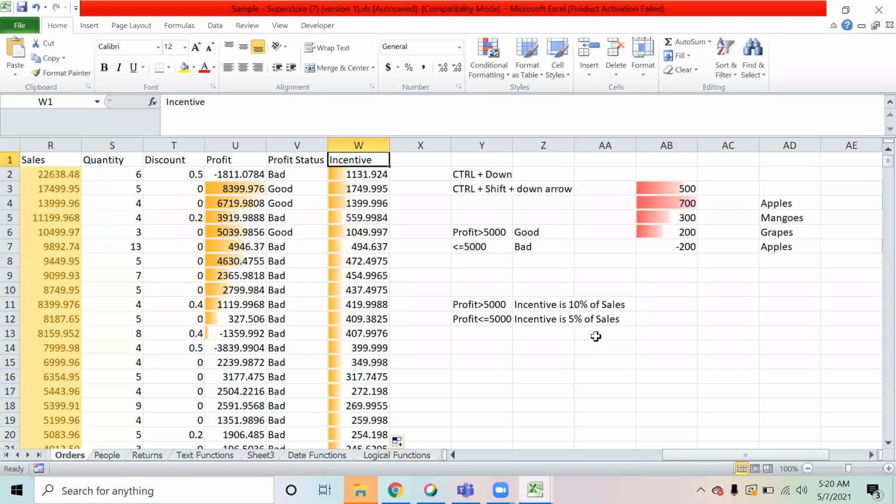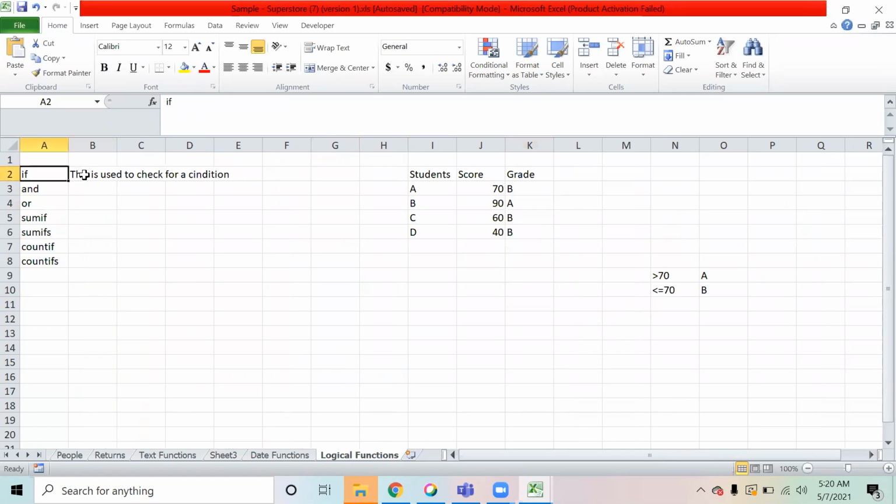Okay. See, now in this if formula that we have discussed, the important part is there is something that is called nested if. Nested if means an if condition within an if condition. This is something that we understand by the term nested if.